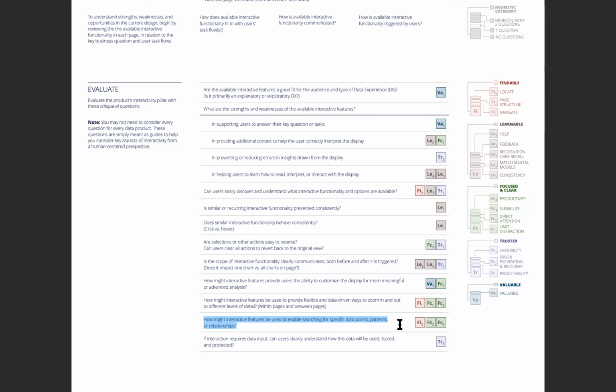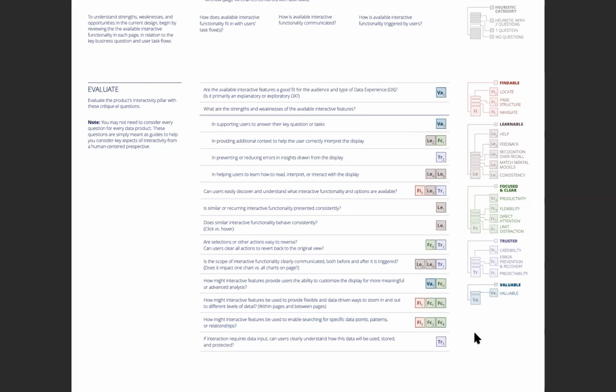Then looking at productivity, we can consider how each of these interactions might improve the user's efficiency or not in completing that search task. And then direct attention is a little bit more of a visual component, but it helps us keep in mind how visual cues, like highlighting in our examples, might help users to both notice and focus on the results of their search.